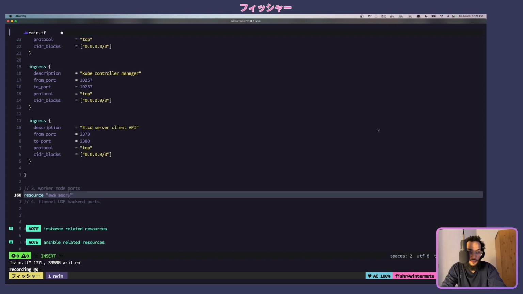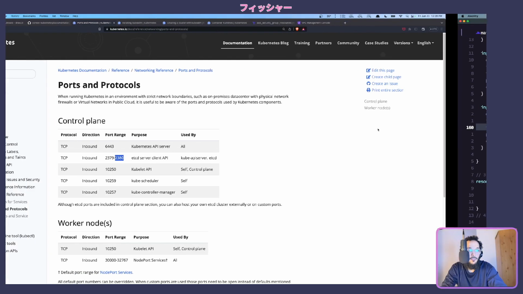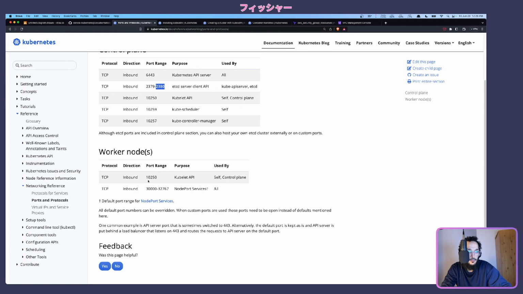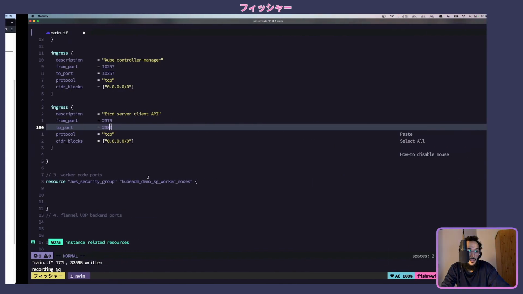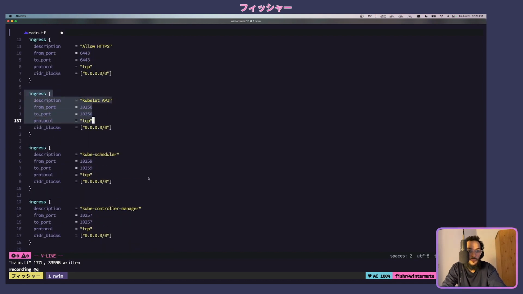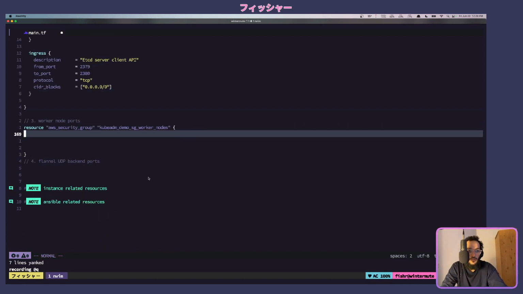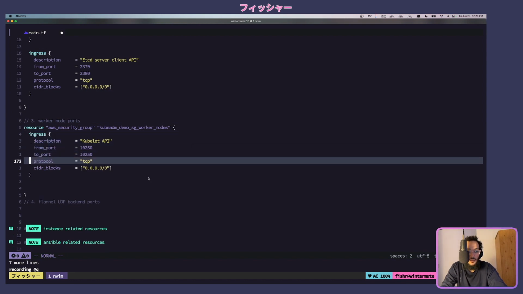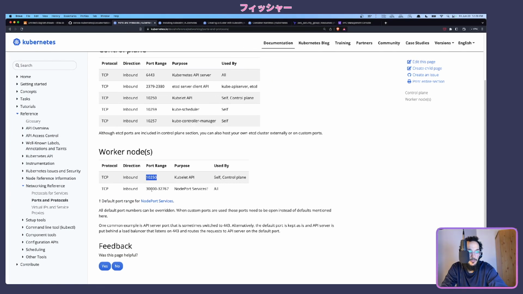AWS security group. This one's going to be called kubeadm demo sg worker nodes. Right, and for the worker nodes, we've only got two. So kubelet API and node port services API. So where is it? Kubelet API. We'll copy that one. We could have it in its own security group and then apply it to both instances, but you know,